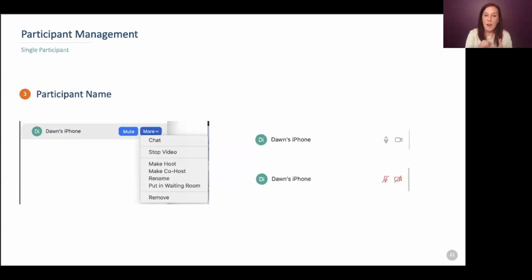If the audio button is missing, or if the video icon is missing, that's because they don't have that as an option. So they might not have joined audio yet, which is something I have noticed a few times, where participants get in and they're not really sure why nobody can hear them. A lot of times it's because they skipped through joining audio at the beginning somehow. They might have exited out of that screen. So you just have to chat them and tell them that they need to hop out and then hop back in, and it'll give them the new pop-up with an option for audio. So that's a good thing to remember.